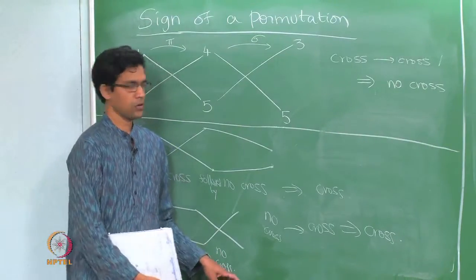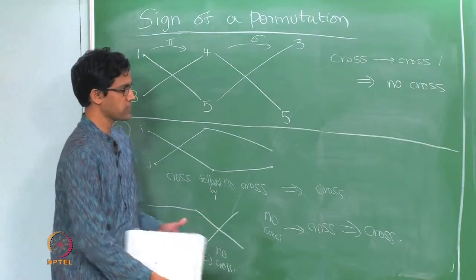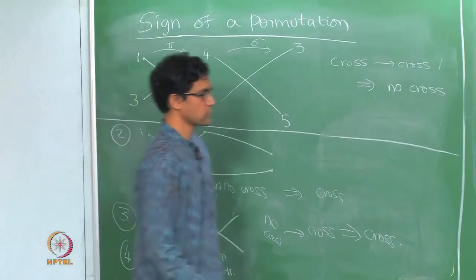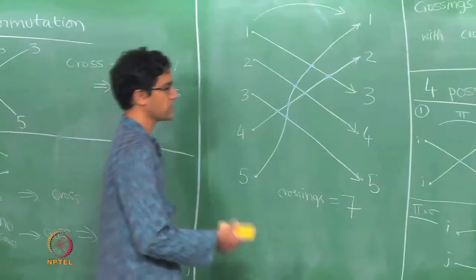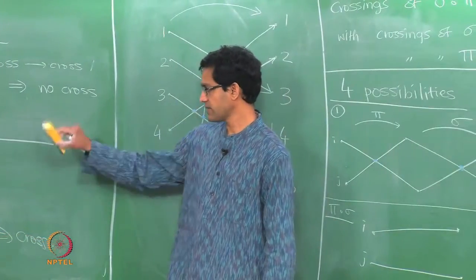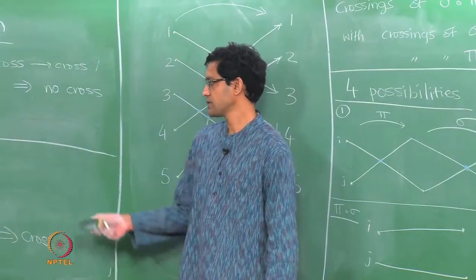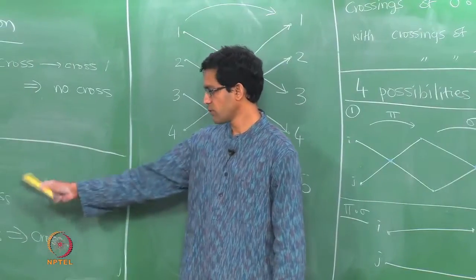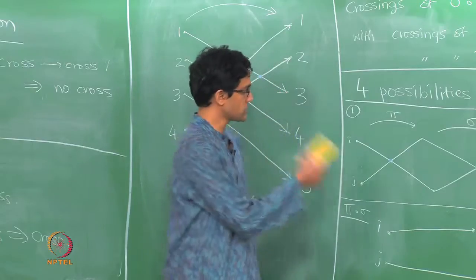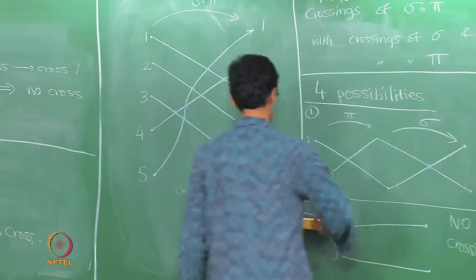Okay. So the key case really is the very first case that we looked at, which is that when you have two successive crossings, in the end there isn't any crossing. In all the other cases, if one of them is a cross and the other is not a cross, then you do have one crossing, and if both of them are not crosses, you don't have a cross in the end. Okay. So putting this discussion together, here is basically what we conclude.